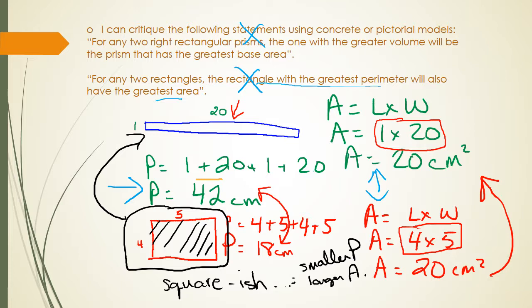So what that means is if you need to buy material to build a dog kennel and you have 42 meters of fence that you can use, you could make a 1 by 20 dog kennel and the dog would have lots of room to run back and forth. So if you had a very active dog that needed room to play fetch, that might be the way to go. If you had a big dog and he just needed to lay around and he needed a swimming pool and he needed one of them igloo things in the corner and he needed a, I don't know, dog spa over here, you would need a larger area, but you can do it with a lot less